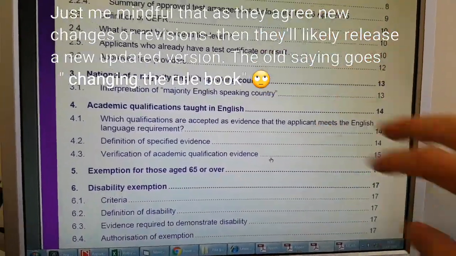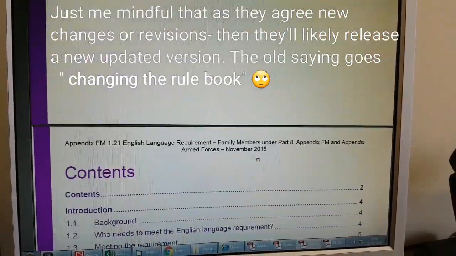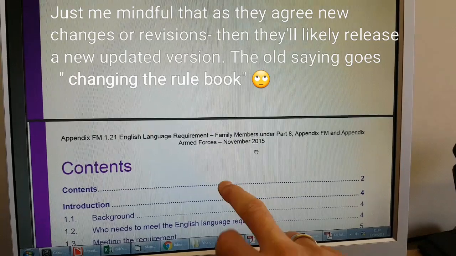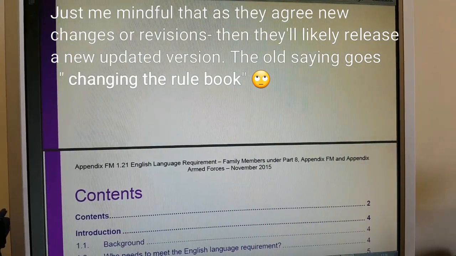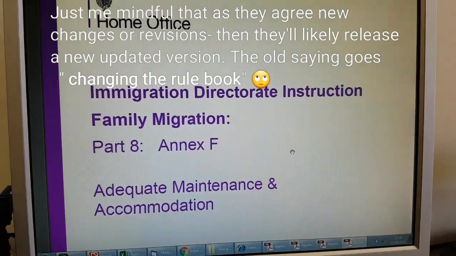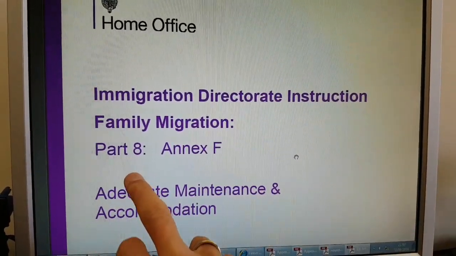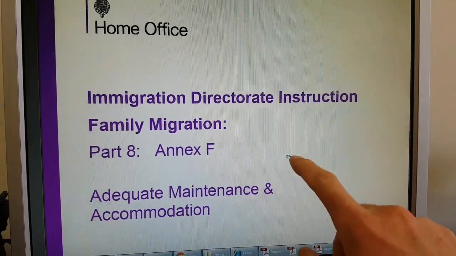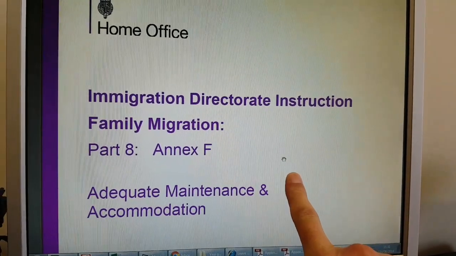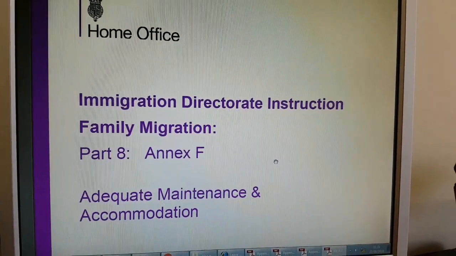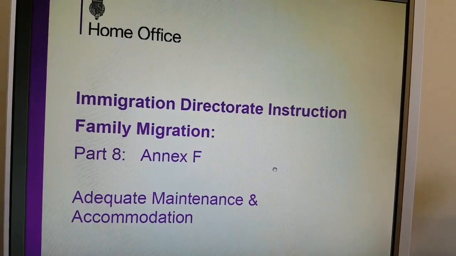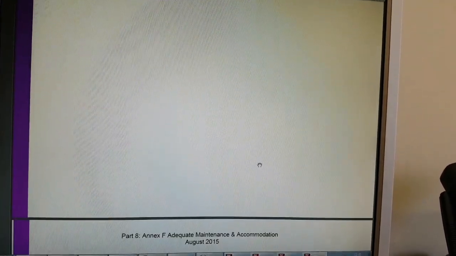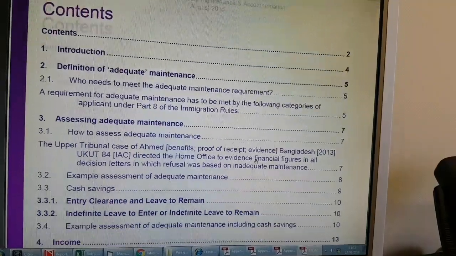Bear in mind that these things get updated, so you need to make sure you download the latest copy. This particular one's from November 15. This might be old now, they might have changed things since then. But this one in particular, Part 8, is the adequate maintenance and accommodation. This is where I'm getting a lot of questions about proving accommodation, how many people are allowed to live in one particular room or accommodation type,